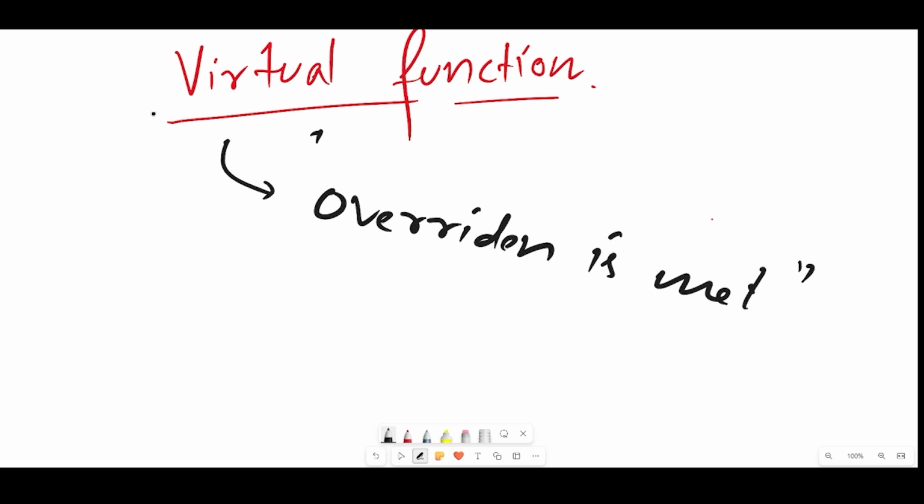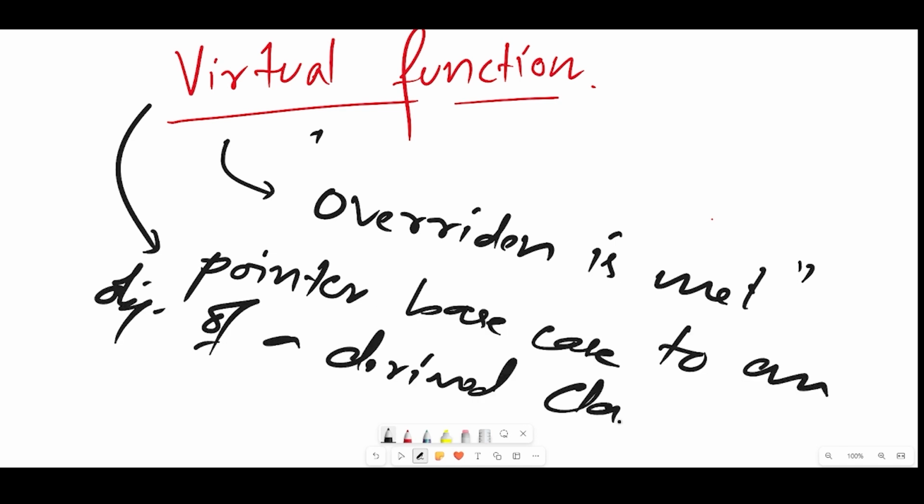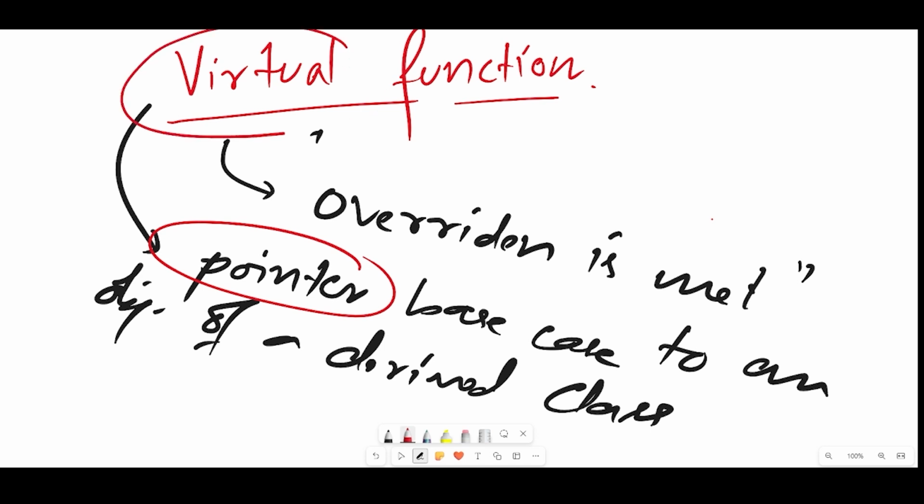Now, the question is that this generally happens on classes where we have a pointer of a base class pointing to an object of a derived class. So if you recall the concept of pointers, this will be applied over here as well. Whenever you see pointers in a program, and you see the keyword virtual, you will understand that a virtual function has been applied over here. So they are forcibly allowing overriding to happen because we want polymorphism to act in the program. For better understanding of virtual functions, we have to go through a program. So let's see one program then.